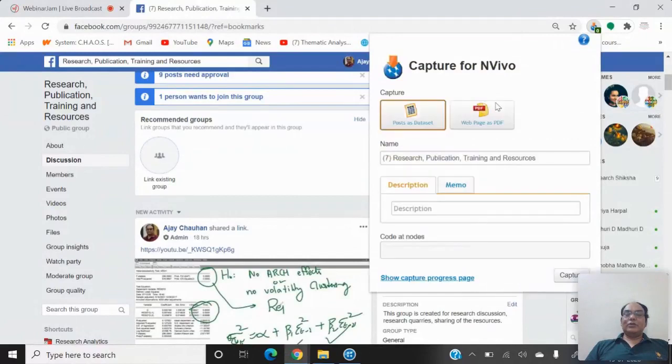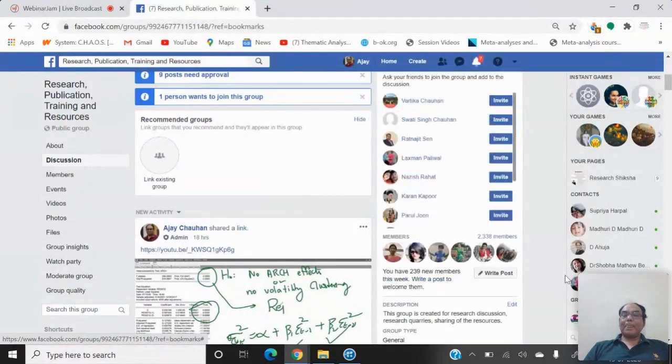Now the software is showing me that I can download this page as a PDF page or as a data set. So let me click on web page and then I will click on capture, and after that, you can see this one means the downloading is continuing.